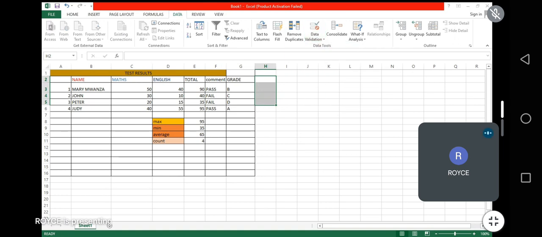You create some settings which are going to make sure that everything that you're going to enter here is going to be valid. Okay, so you click on data validation, and then you're going to find, are you able to see the